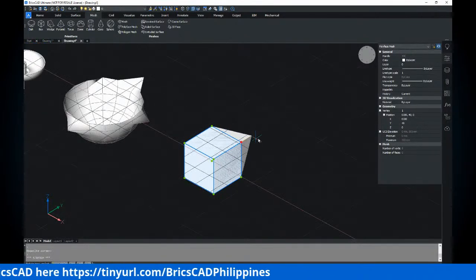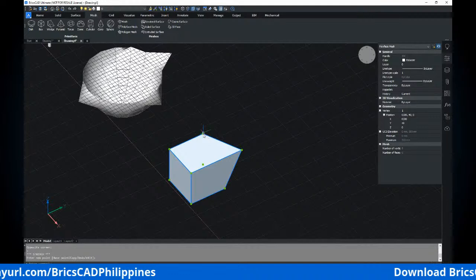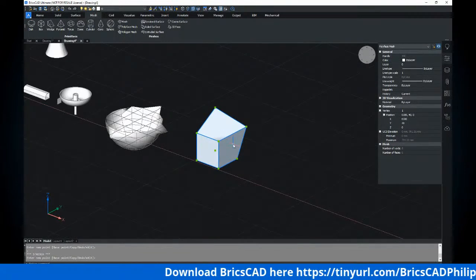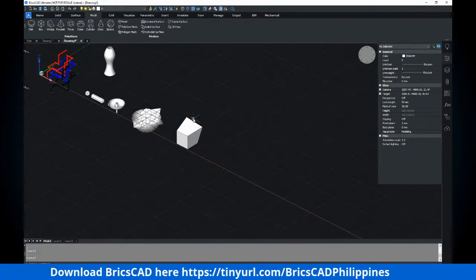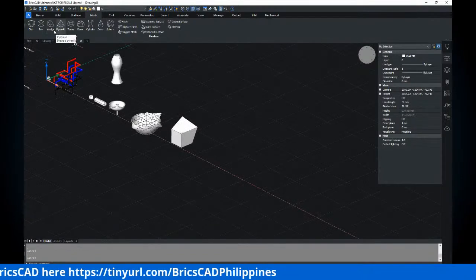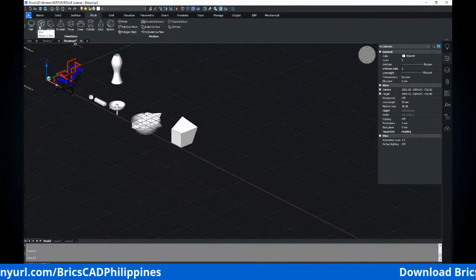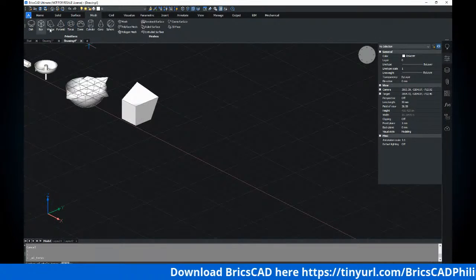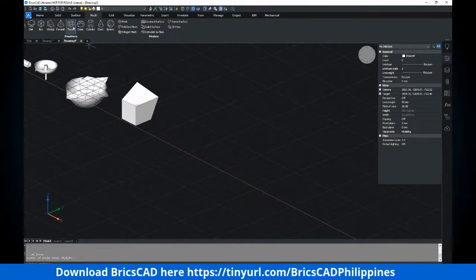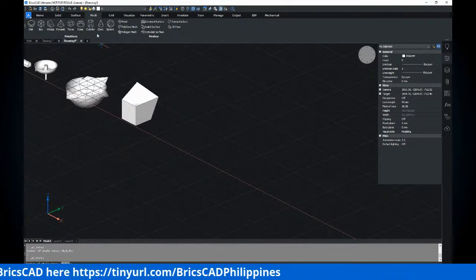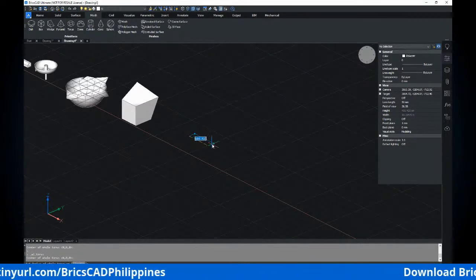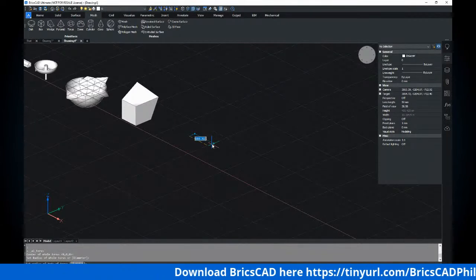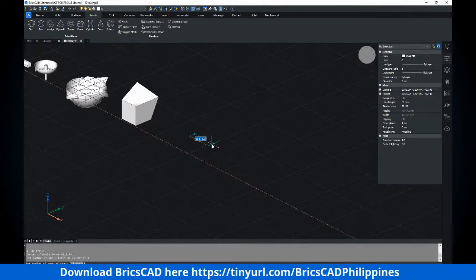So still, these vertices you can manipulate. Next are wedge, pyramid, and torus. I'll skip the others. Let's try the torus. We can create them one by one if you want, but there's no need for us to create all the primitives here. I'll just create the torus. Radius of the whole torus, let's say we're going to put 500. Then radius of the body of the torus, we're going to put, let's say,